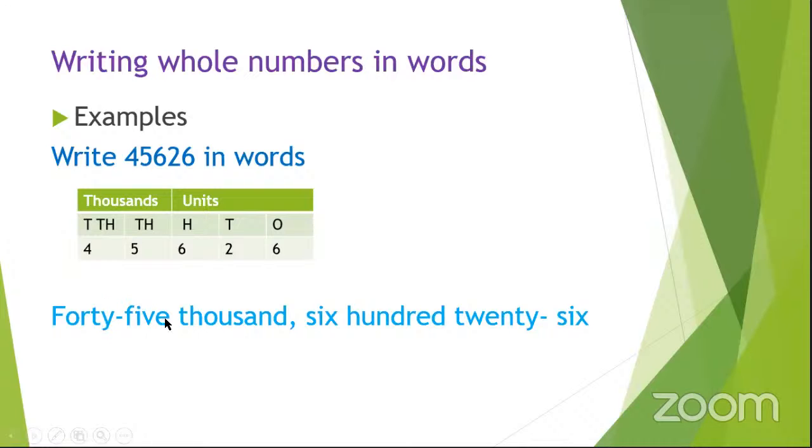This time round, don't add on this S when you're writing in words. So it will be 45,000, comma. Then when you move to another group, because now this group is done, you're going to another group. You read those digits together. We have 626. So when you have that 626, don't again come and put there the word units. That one, you leave it out. That's how easy we can write big numbers in words.